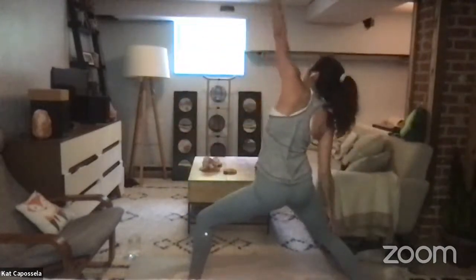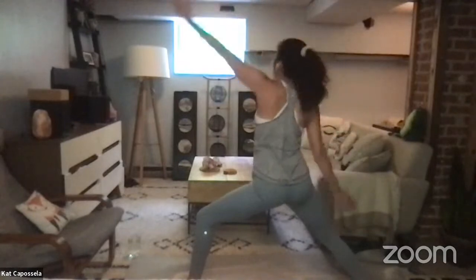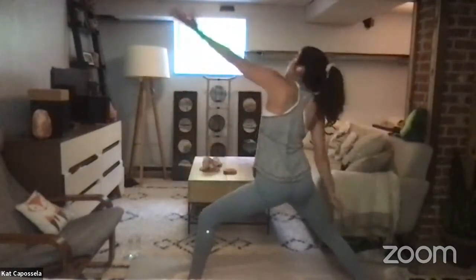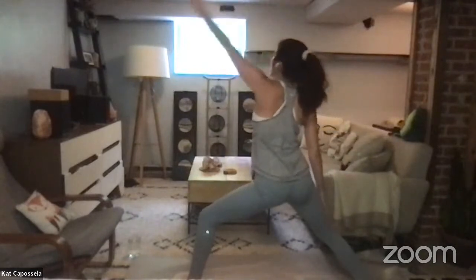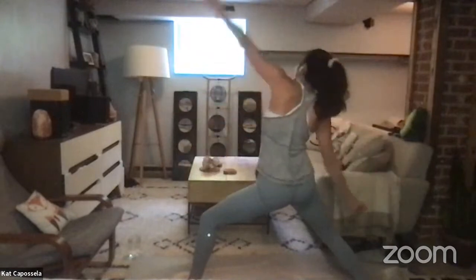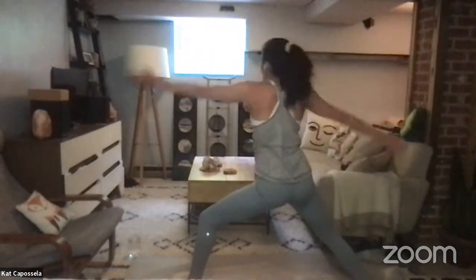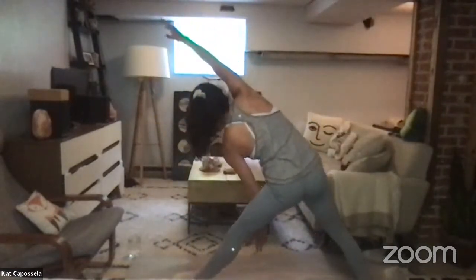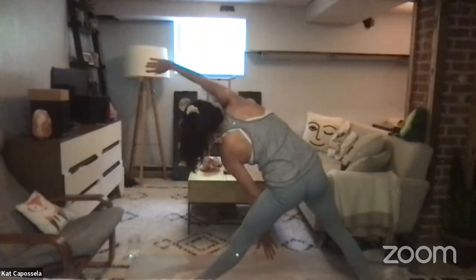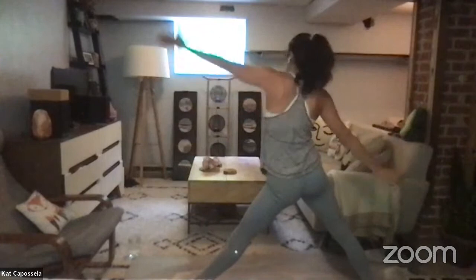Connect back to that 90-degree bend in your front leg. We're here just for 4, 3, yes you can, for 2, and 1. Wherever you are, straighten the leg, hold that posture, and then move on to the opposite posture, again